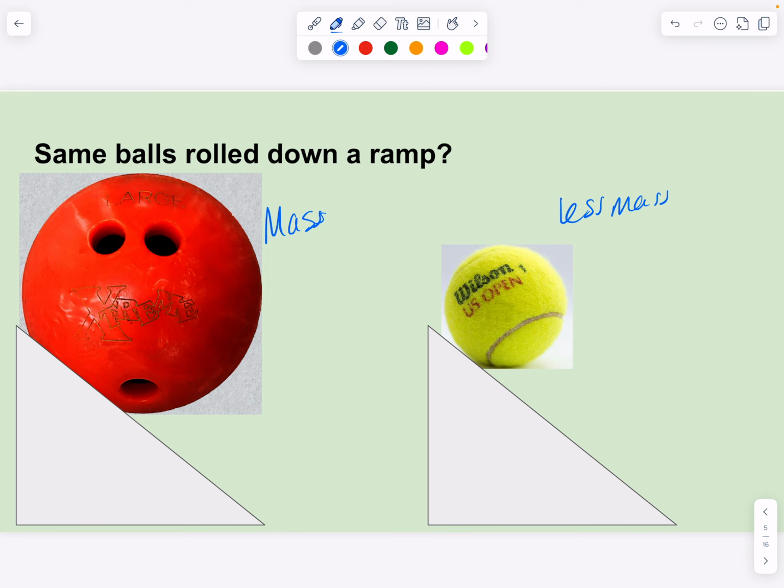It's hard to say. This one definitely, because it has less mass, might have a faster acceleration. This one's going to have more force with it. So they're going to do different things because of the differences in those masses. It would be fun to play with those things.